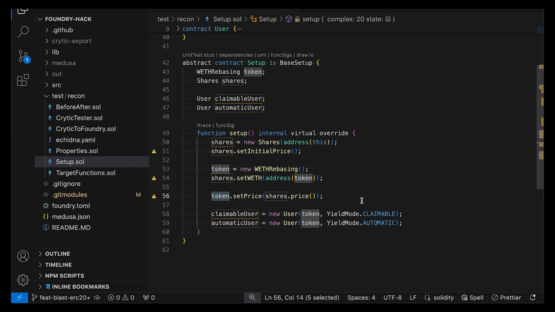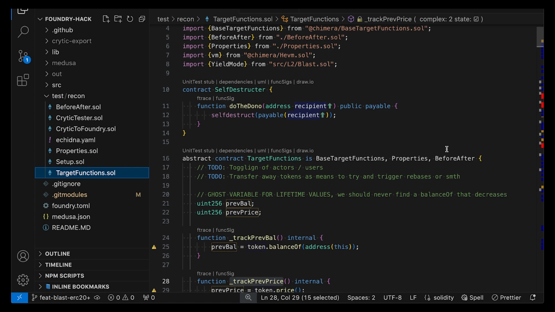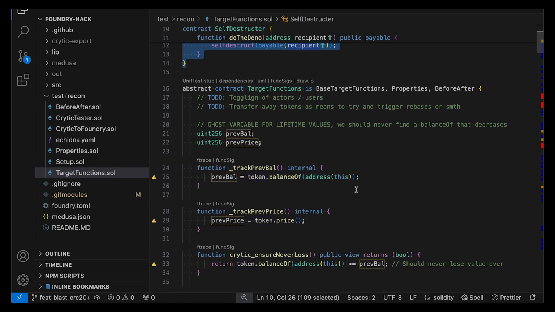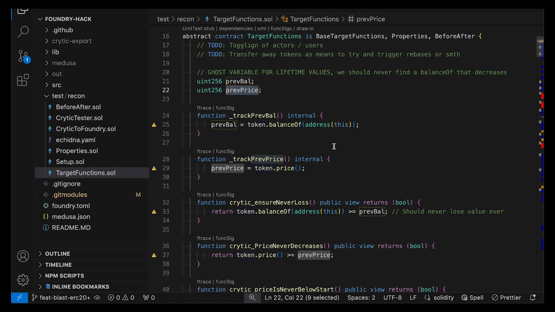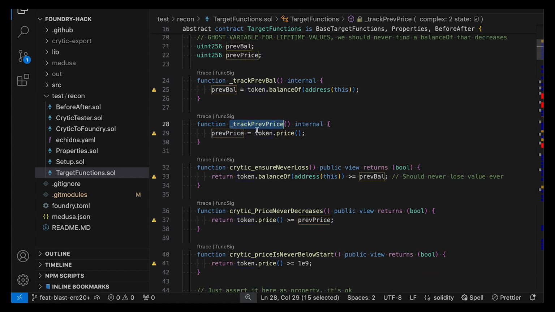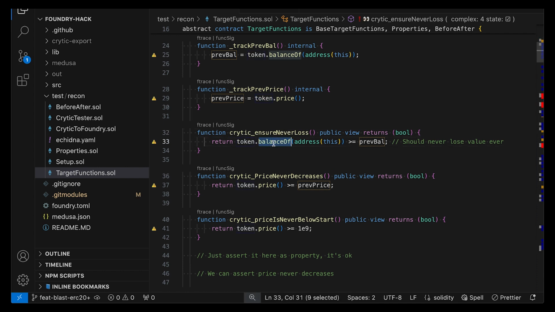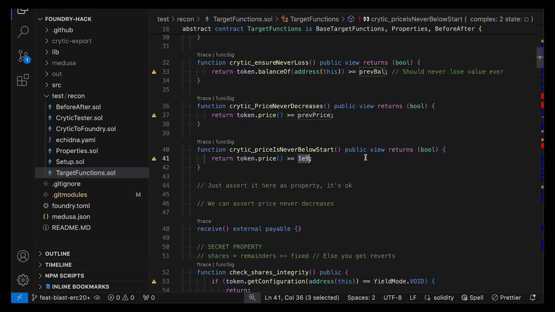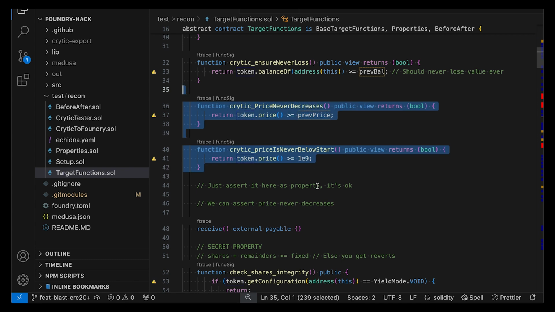You can see that I then fundamentally just set stuff up, and then in my target functions I have my self-destructor for donations. I check my previous balance and the previous price. I grab the token balance of this contract and the token price, and I verify that I never lose tokens. The balance should be 0, so that should never change. And for the token price, you can see that I verify that it never decreases,